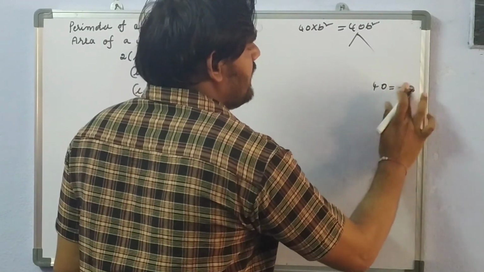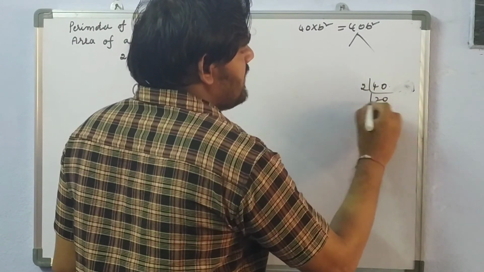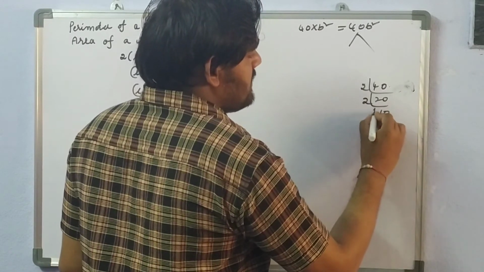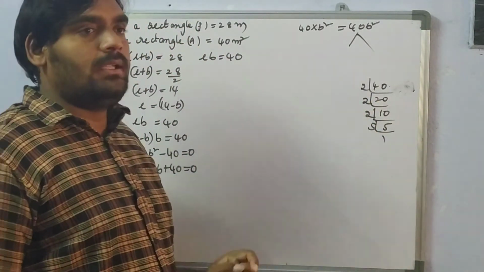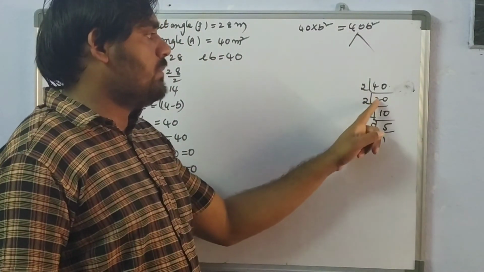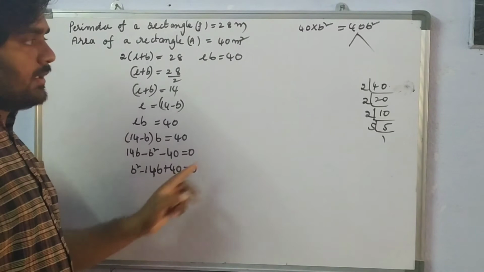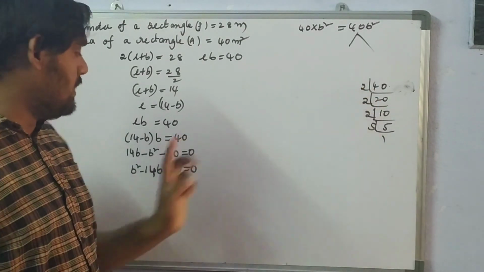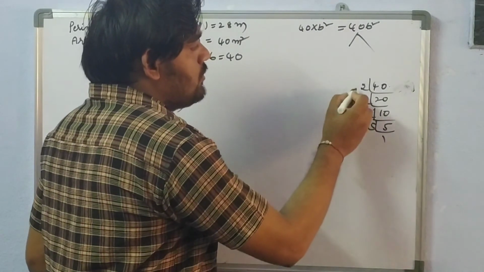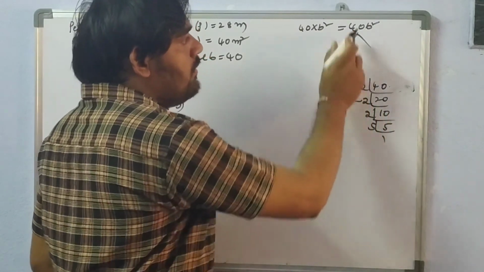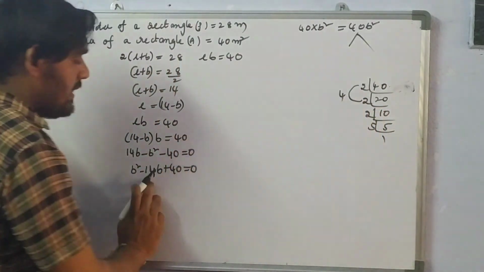So here 40B square, find the factors of 40. 1 into 40, or else take prime factors, no problem. 2 table, 20, next take 2 table, that is 10, next take 2 table, 2, 5, 5, 1. Now 2 into 20, 40, minus 2 into minus 20, plus 40 we will get. But if we add these two, we need to get minus 14B. But minus 2, minus 20, when you add, you will get minus 22. But the required thing is minus 14B. See here, 2 2s are 4, 4 into 10, 40. Minus 4 into minus 10, plus 40. Minus 4, minus 10, when you add, you will get minus 14B.